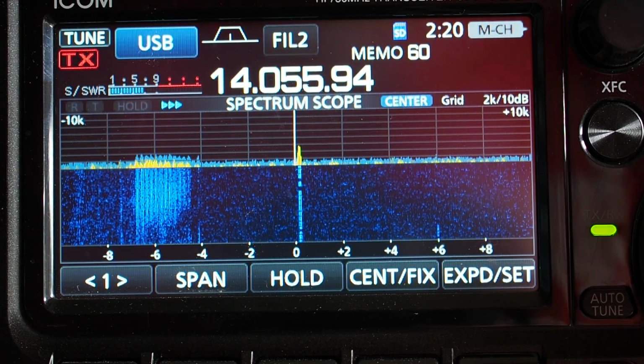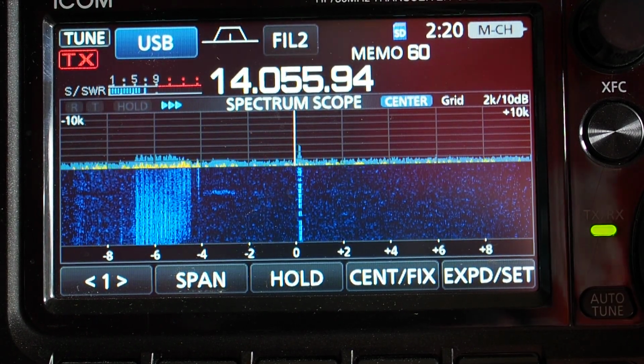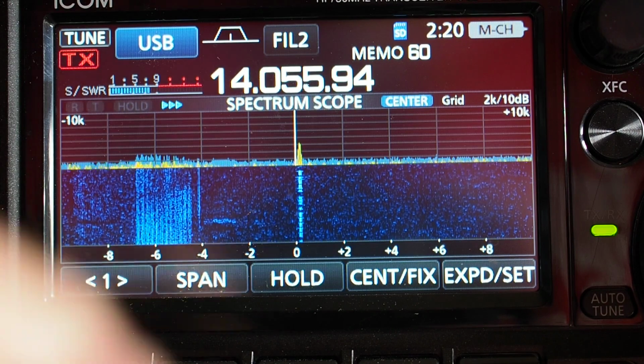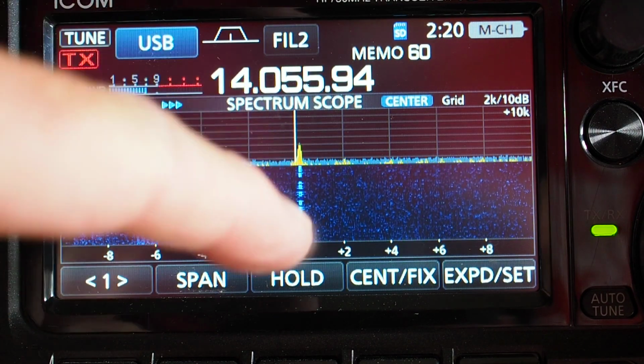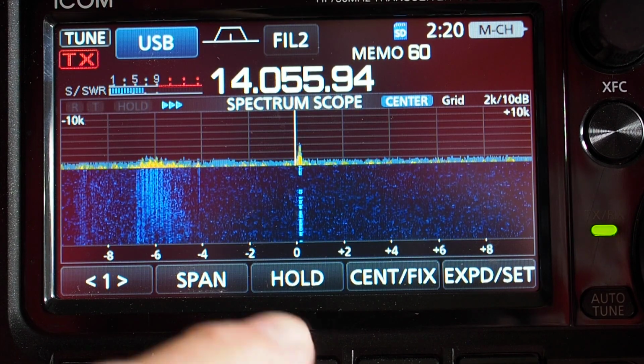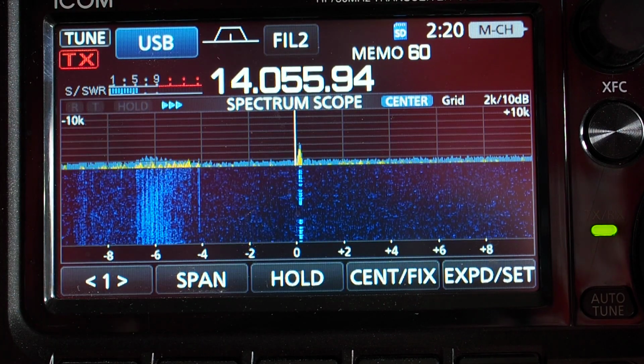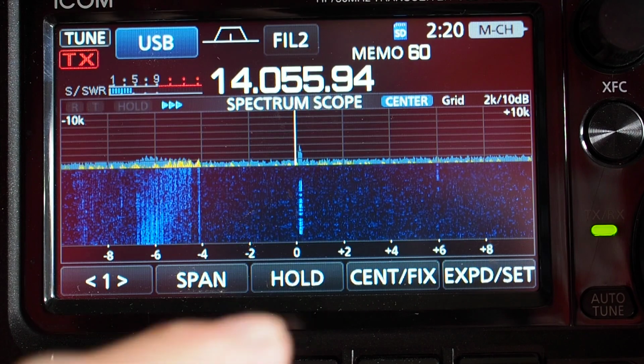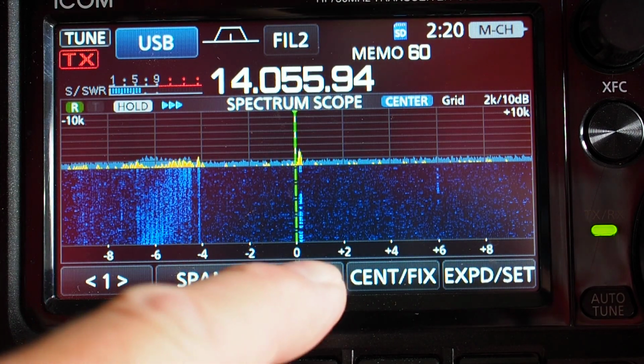Okay, here I am on the 20 meter amateur band, right at the bottom end of the CW section, and I've got a strong CW transmission there. I've deliberately put it slightly left of centre because I want to pause it when I do the display, as it puts a line down the centre. But if I just hold it,